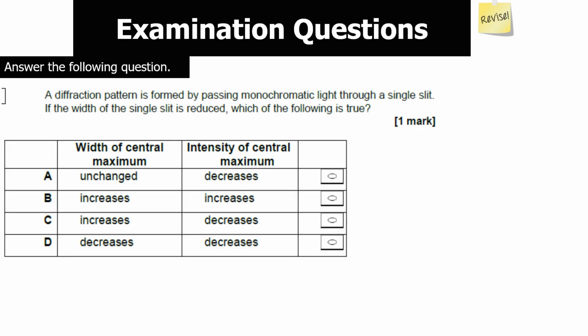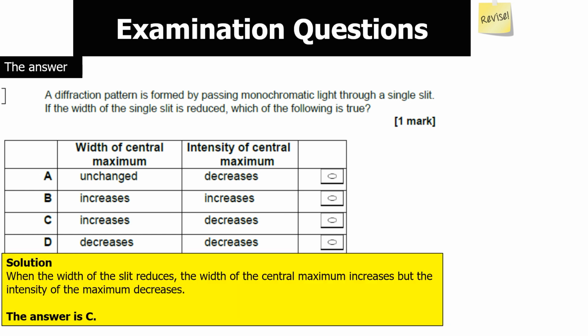The next question says, a diffraction pattern is formed by passing monochromatic light through a single slit. If the width of the slit is reduced, which of the following is true? So pause the video now, then unpause the video when you want to go through your answer. Right, so for this one, our answer is C, because when the width of the slit reduces, that will give